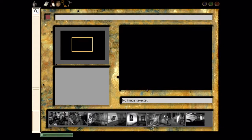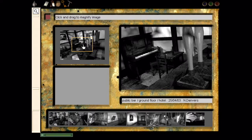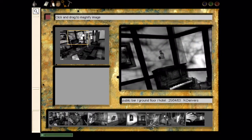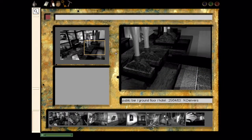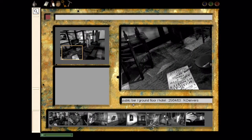Okay, ready for use, no image selected, blah blah. So I guess we select one of the images from down here. Okay, so click and drag to magnify image. Alright. So this is clearly taken in the bar. Public bar, ground floor, hotel, taken by Nigel Danvers. Now, I'm not...